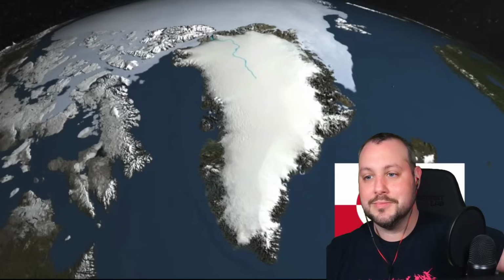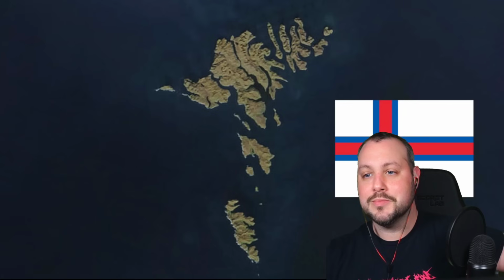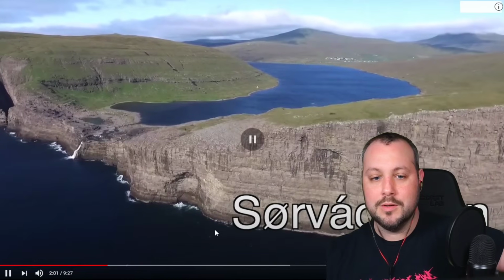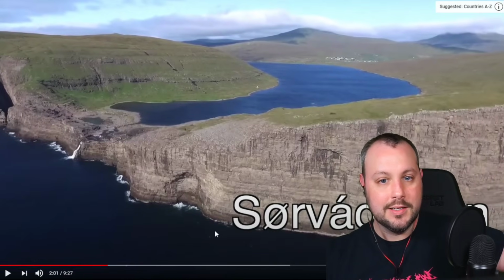Denmark, for those of you who didn't know, is a kingdom, one of the last surviving ones in Europe, and is currently under the headship of chain-smoking Queen Margaret II. These still fall under Danish sovereignty and make up the massive Greenland island and the little Faroe Islands. Both of these places are radically different from mainland Denmark. For one, Greenland is primarily inhabited by native Inuit tribal peoples and is 80% covered in ice year-round. The Faroe Islands are a conglomeration of 20-ish mystical, cloudy, windy islands that have this crazy-looking lake that looks like it's about...